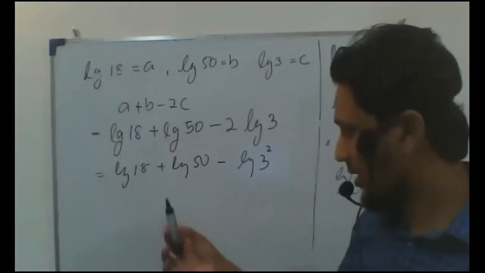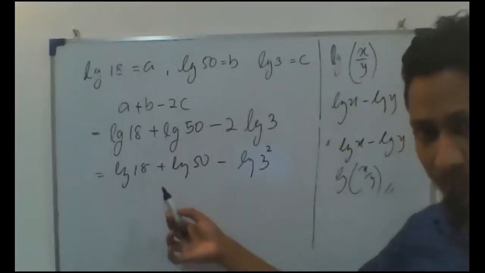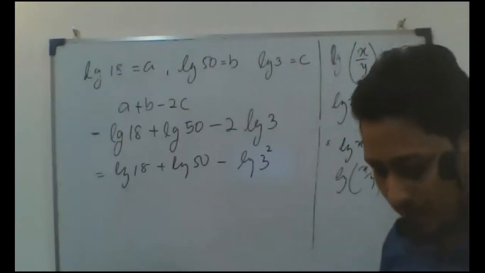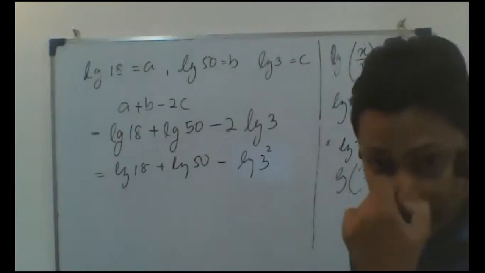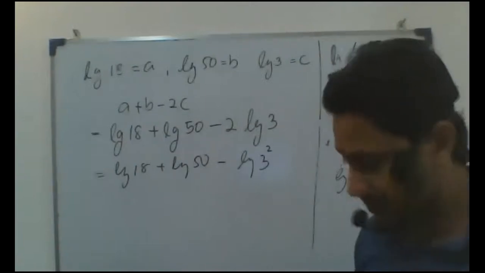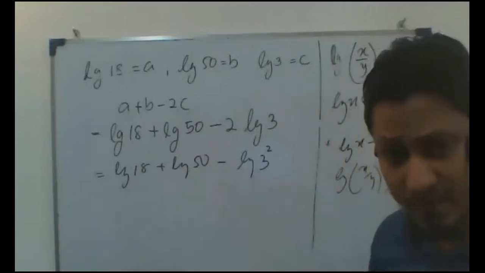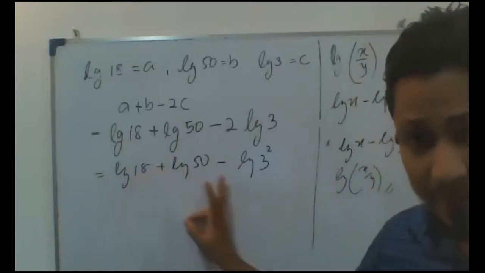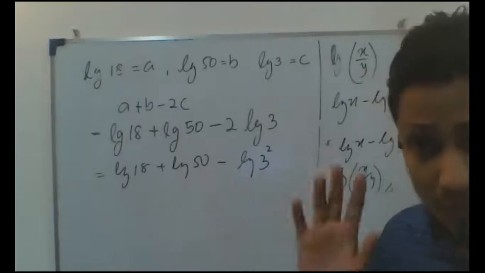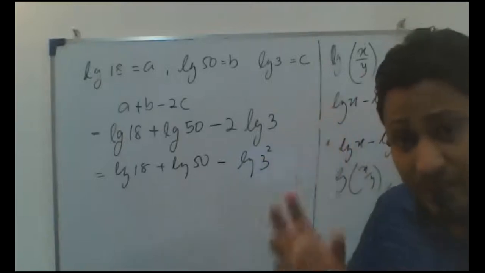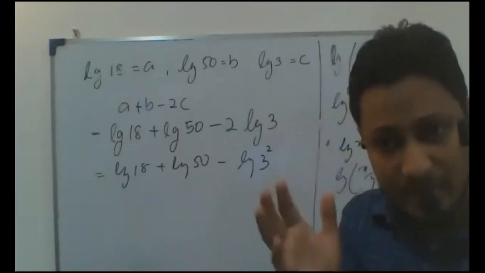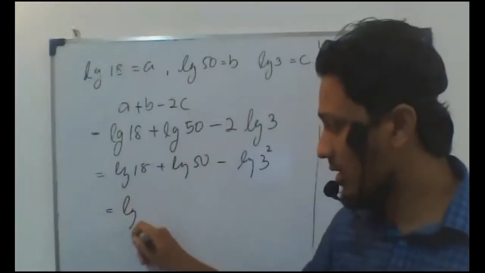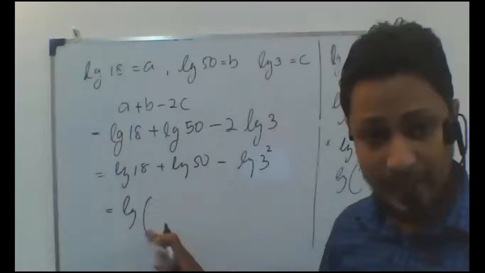What did we get here? The LG base is not 1. Who said the base is 1? LG is base 10, right, Selena? Base 10. So the LG base 10 is common. Between these two, the addition is there. Between these two, the subtraction is there. So we know how to convert the addition and subtraction. When we have the logarithm, if it's a common base, we can take it out. When I take this out, LG 10, that means 10, no need. Inside the bracket, what should we write?